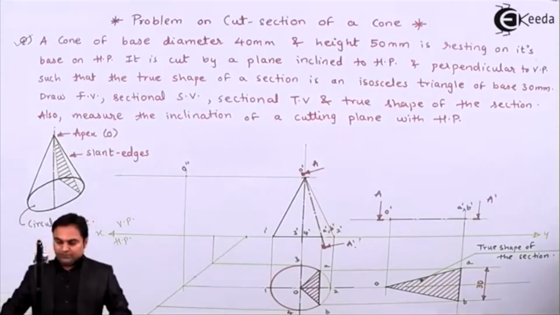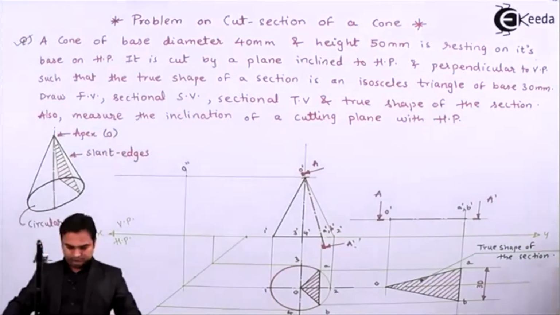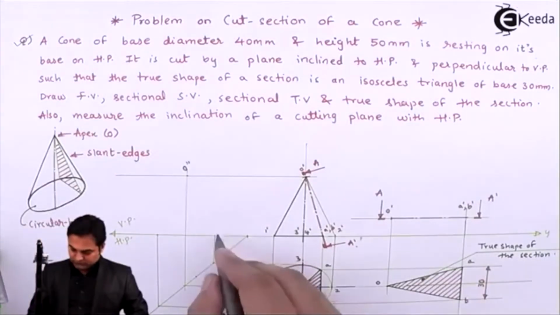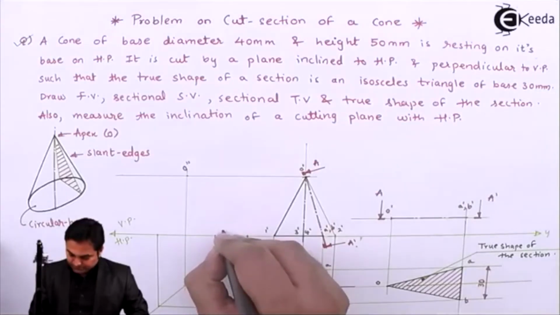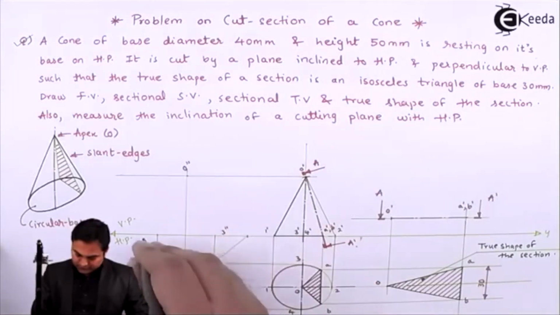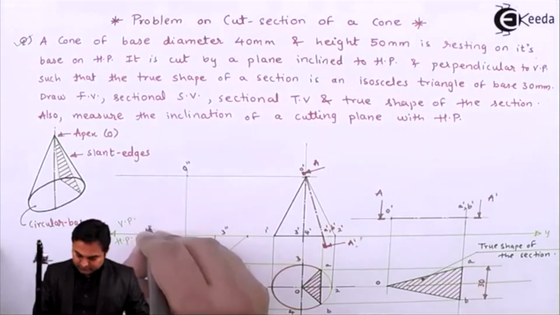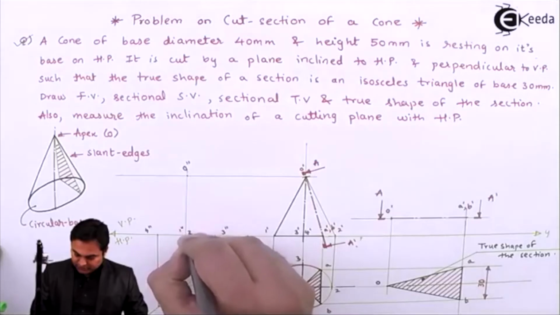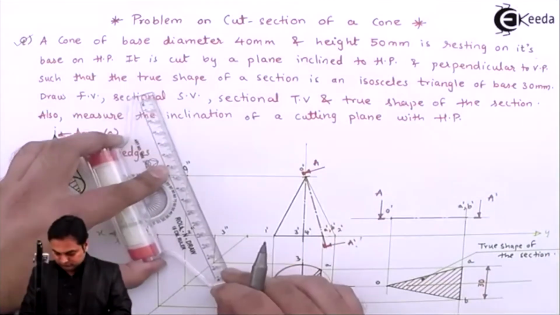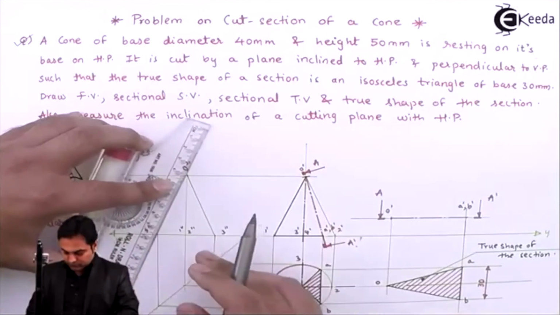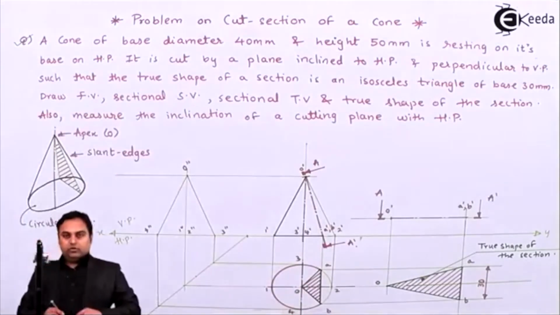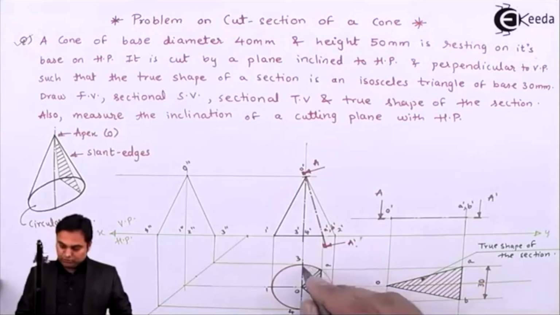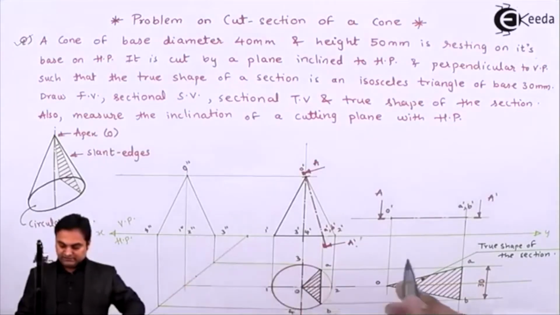So here I am projecting the points for the side view. Here this point is 3 double dash. This is 4 double dash. And here we have 1 double dash and 2 double dash. Now if we see here point A is on this arc 2 to 3. So here we have 2 double dash, 3 double dash.